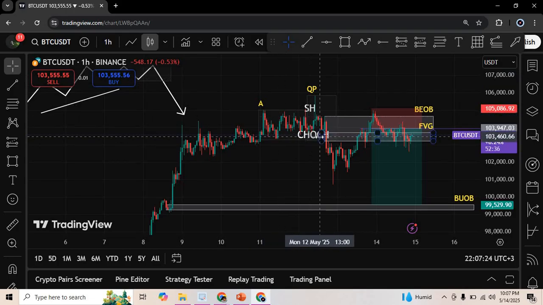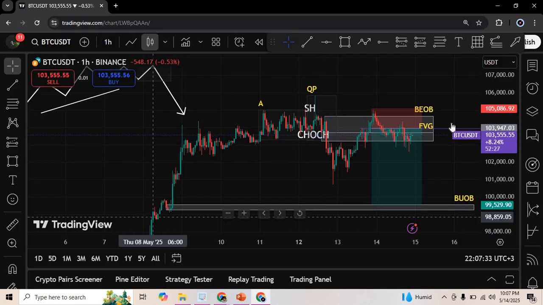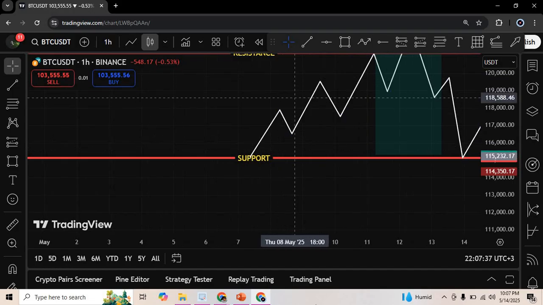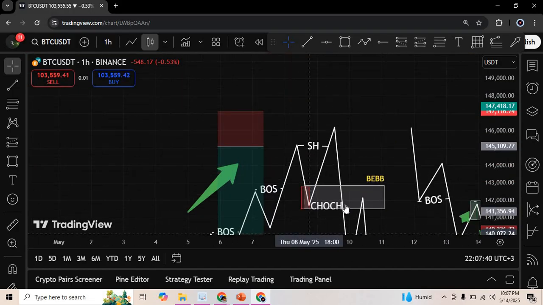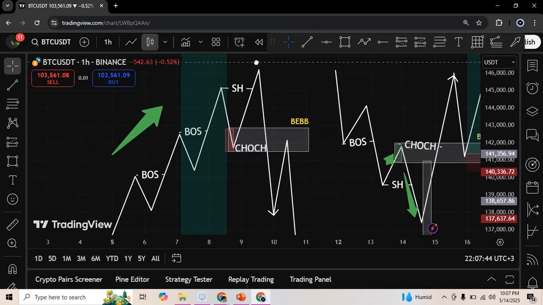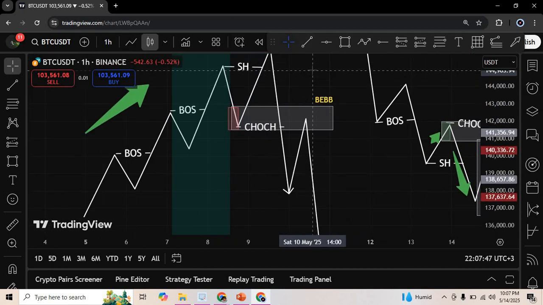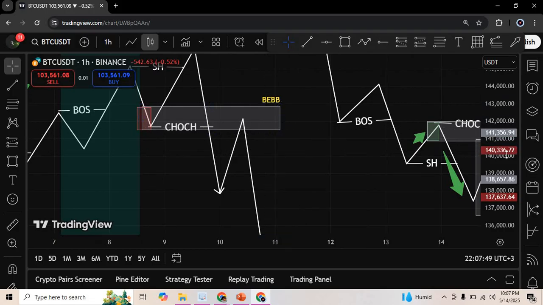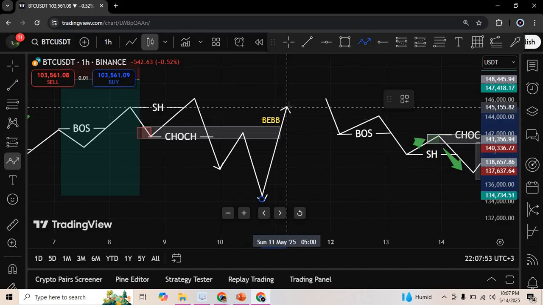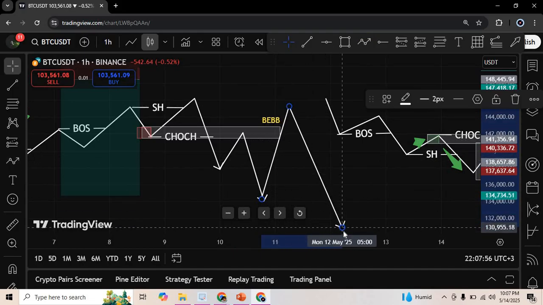We identified our Quasimodo pattern, and now we want to look for this bearish sell or bearish position or short position from this data right here. If you can remember from this part, the ultimate sell will come from what? Did I delete that? Yeah, I actually deleted that. The first sell will come from the bearish breaker block. The ultimate sell will come from the zone of the Quasimodo level.